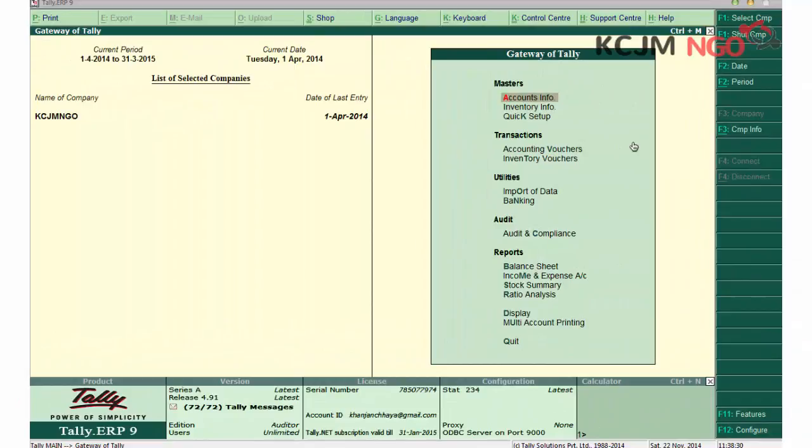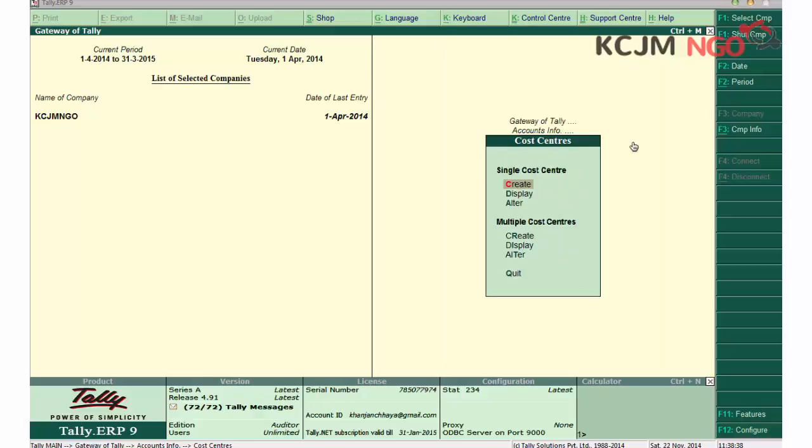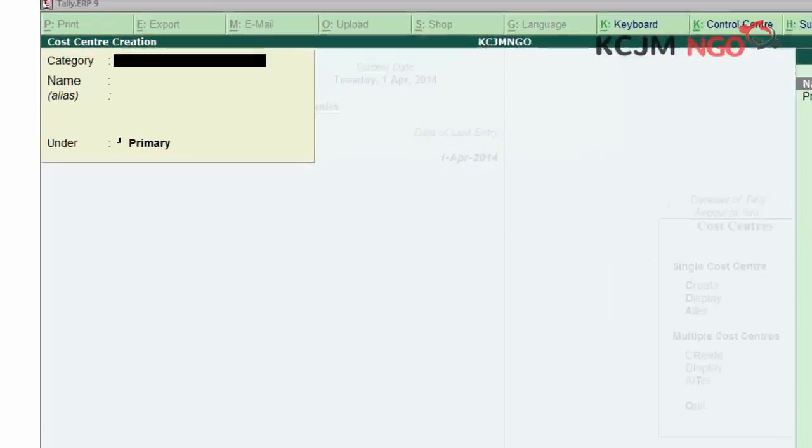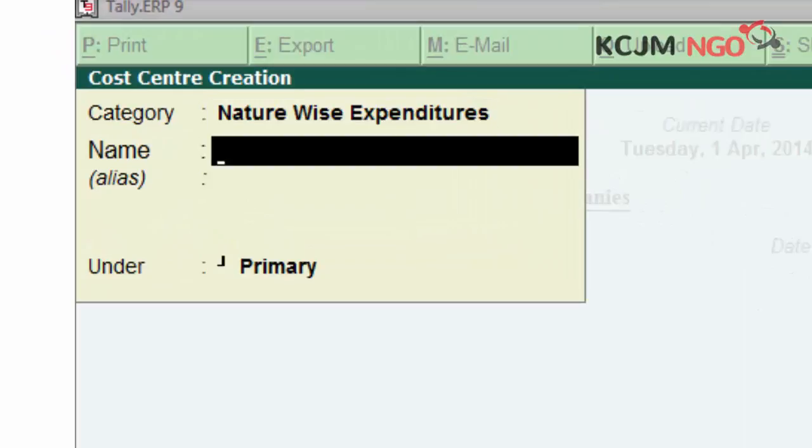as a ledger head. Now we have to create cost centers under the standard expense category, or nature wise category. Again for that we go to account info, cost centers, create, and they ask for the category. Then we select nature wise expenditure and create so many such expenditures, like I have created here stationery expense.